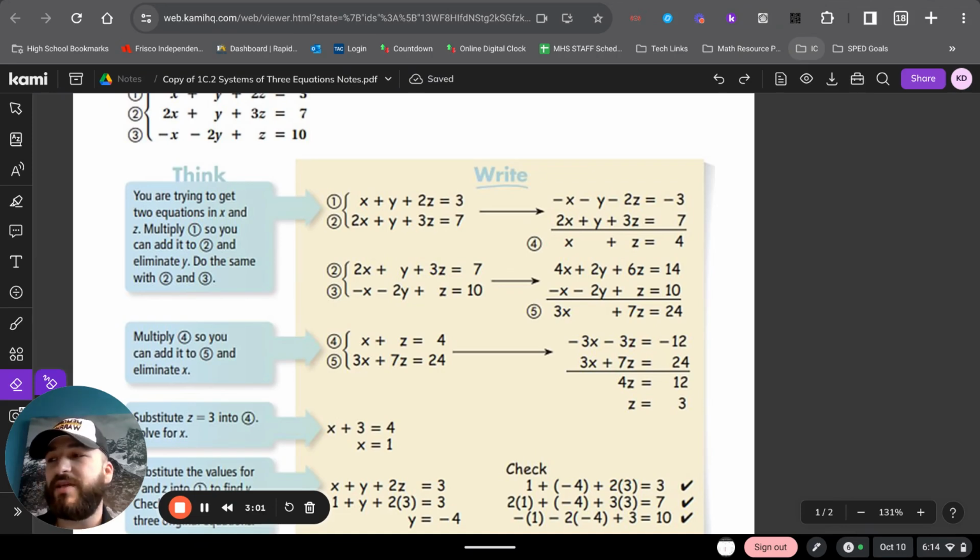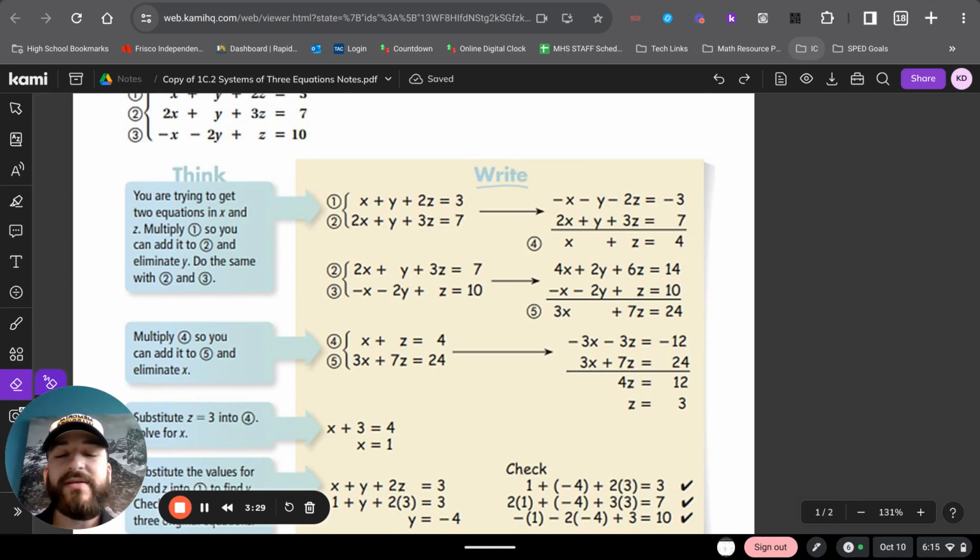Once again, we can do substitution or elimination. I think it's easy just to stick with elimination. So x plus z equals 4 and 3x plus 7z equals 24. If I multiply equation 4 by -3, I can get those x's to cancel out. So negative 3x minus 3z equals -12. Adding those two equations together, the negative 3x and 3x cancels out. And I'm left with negative 3z plus 7z, which gives me 4z, and negative 12 plus 24, which gives me